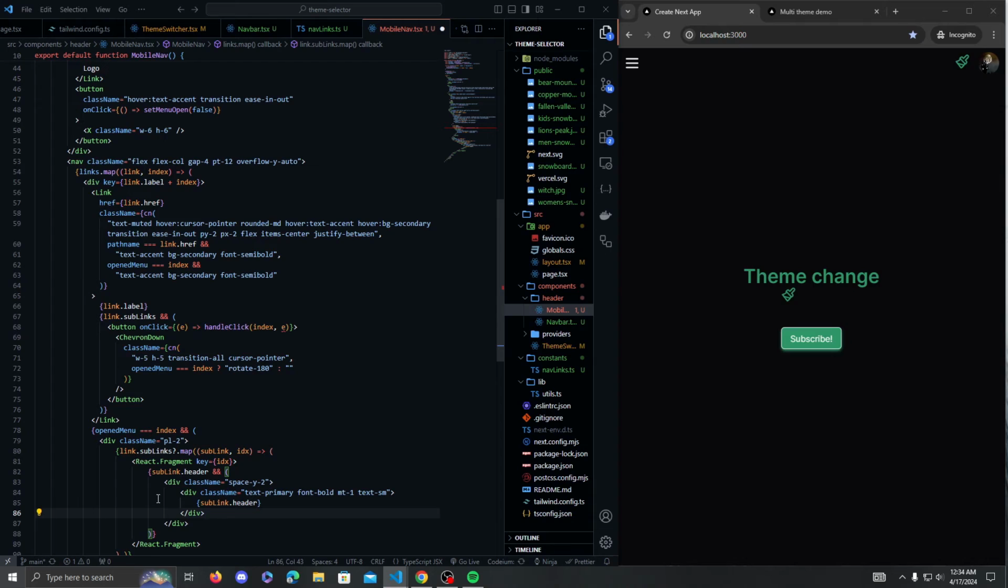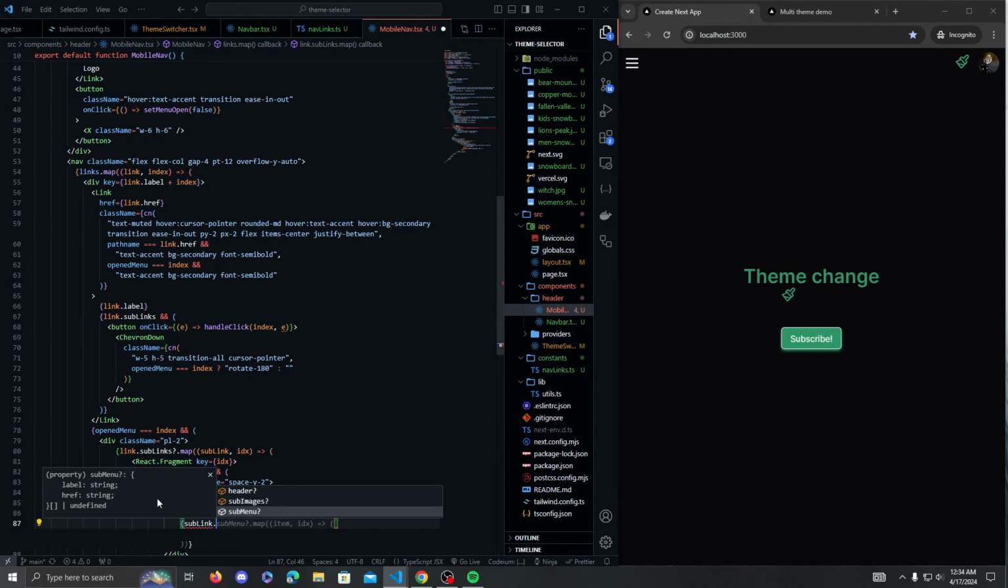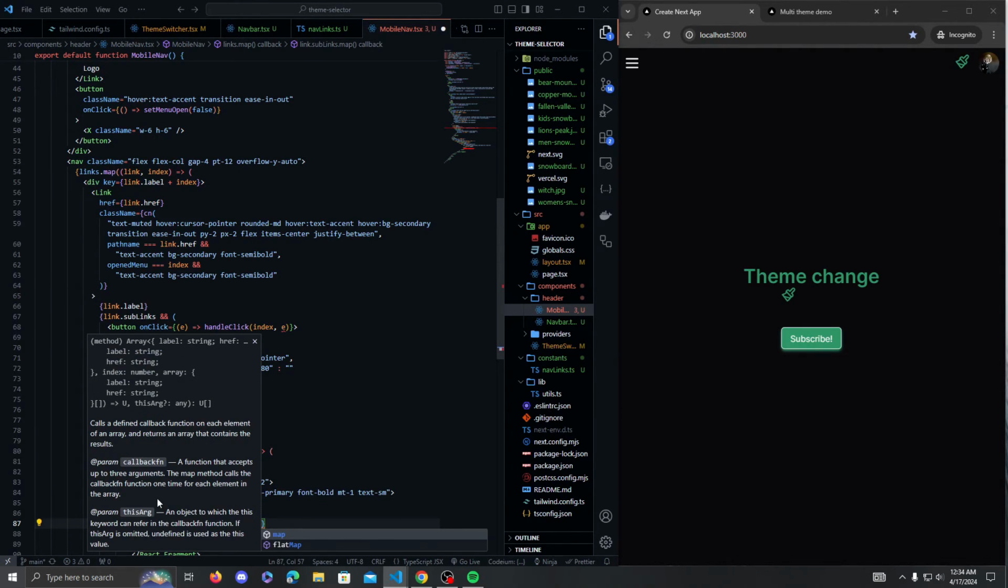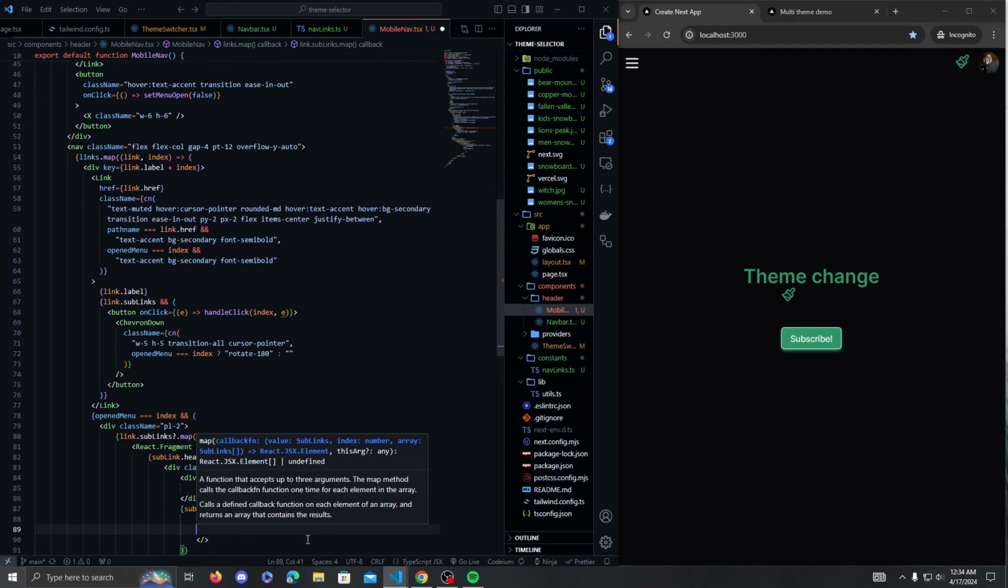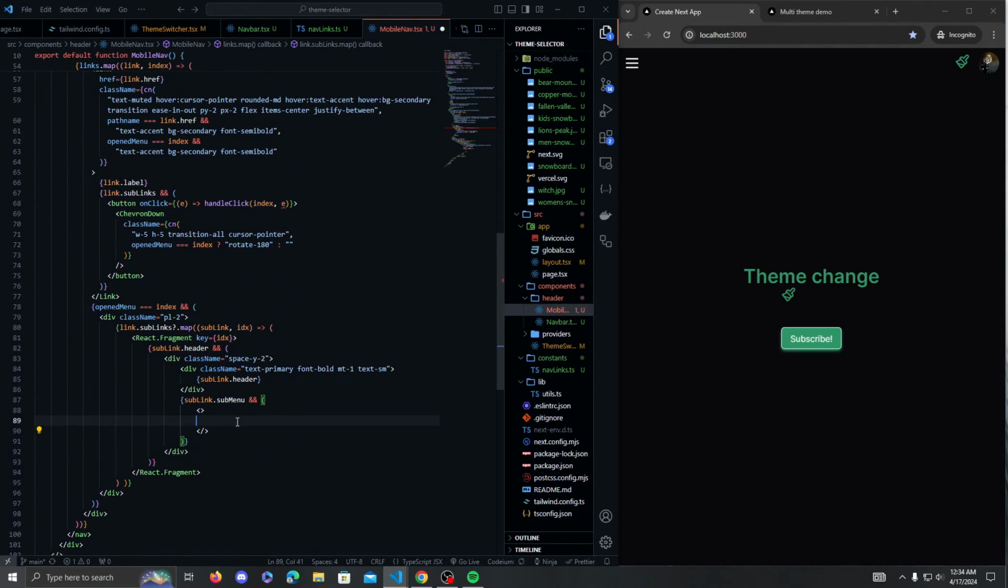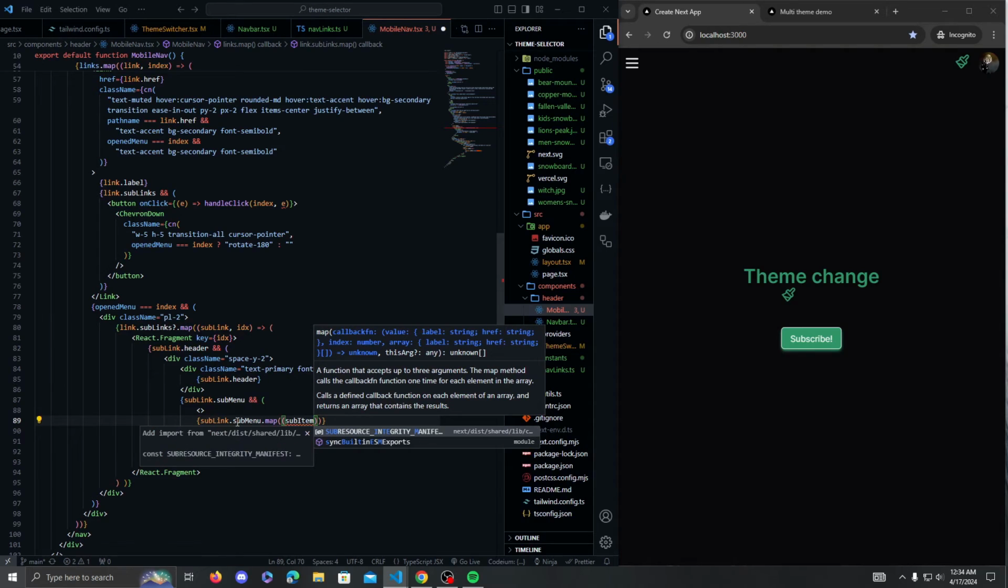And right below this div, we'll have another angled brackets. We'll do sublink.submenu. So if that exists, then we'll have more fragments here, and inside of these fragments, let me scroll down here. So inside of these fragments, we're going to do sublink.submenu, not subimages, submenu.map. And this will be sub item,